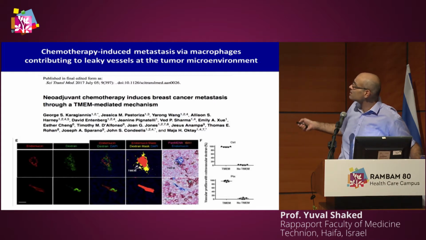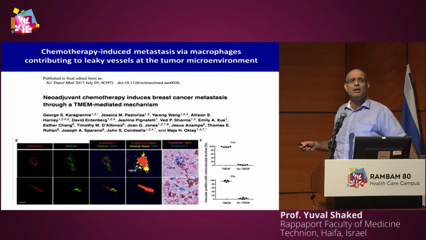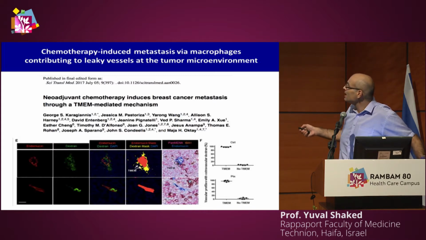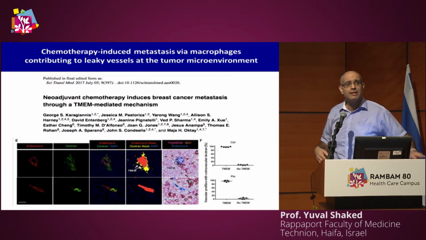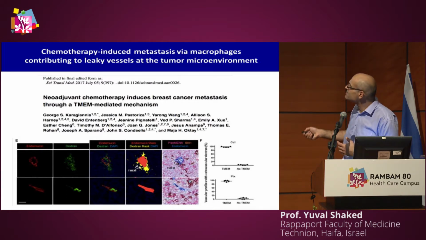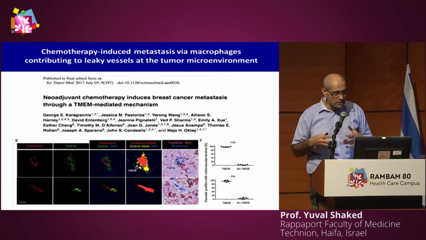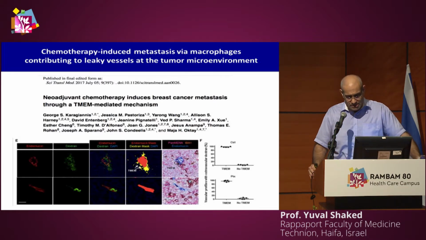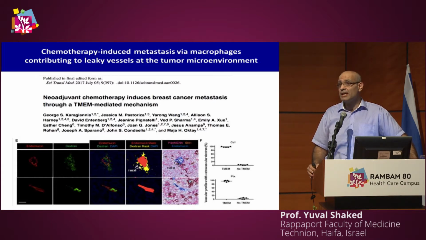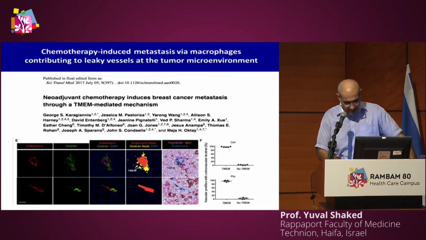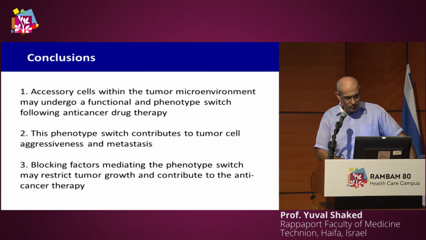What they showed in their study, and they used over 30 patients, is that these TMEM are basically macrophages that dilate the vessels in the primary tumor and contribute to the release of tumor cells from the primary tumor following neoadjuvant chemotherapy. So what I'm saying is that these phenomena are not only in preclinical models, but also in clinical studies that were recently published. I'm not going to go through all the details, but we showed the phenotype switch also with